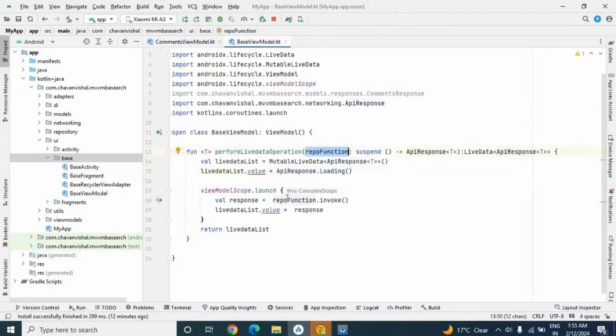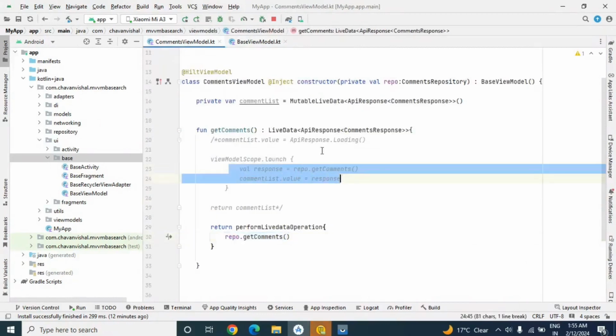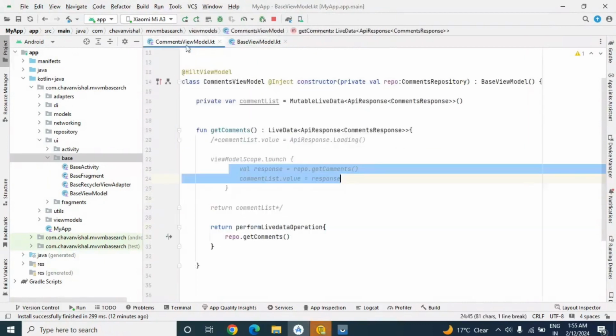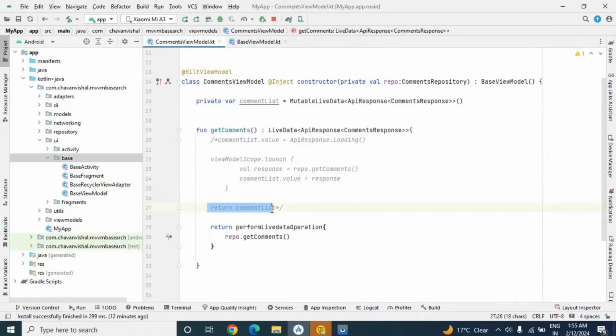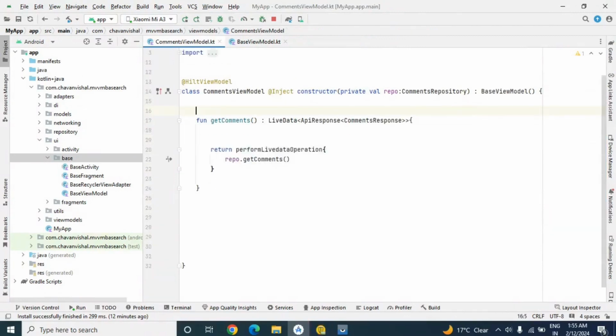So this is a repository function. So in view model scope dot launch we have invoked the repo function and it will return our response, and response we are assigning to our live data, same as like this. See, here also we have done the same thing. Okay, and then we are returning the live data. Here also we are returning the same thing. Okay, so now let's remove this as we don't require it. This also we will remove, this also we will remove.